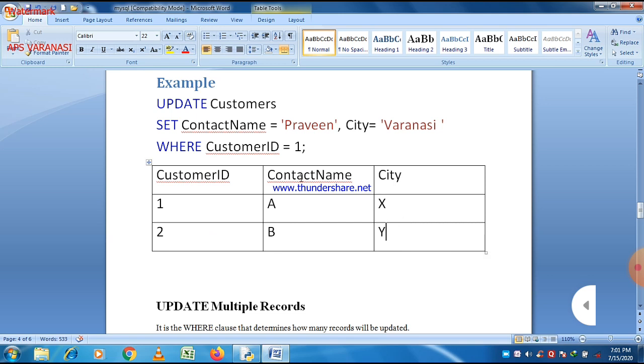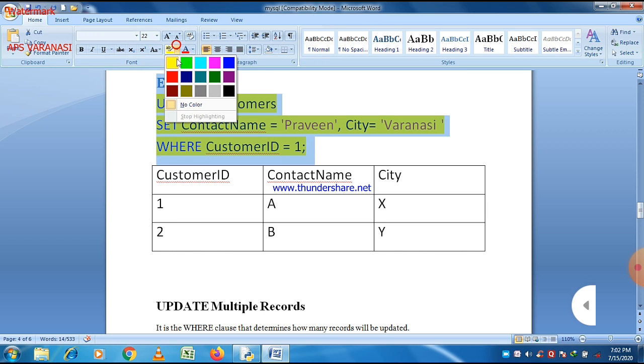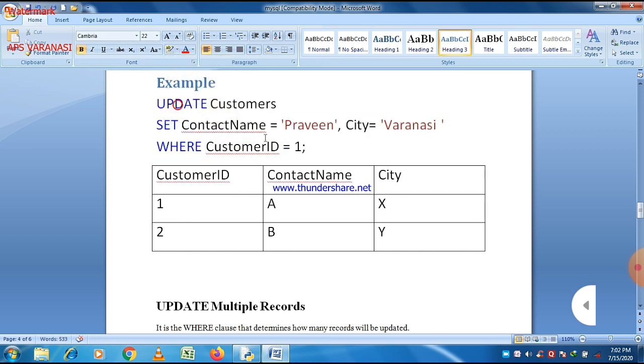So what happens is, this is a table named customer with three column names: customer ID, contact name and city. The condition says the records will be updated where customer ID is equal to 1, and set contact name equal to Praveen and city equal to Varanasi.